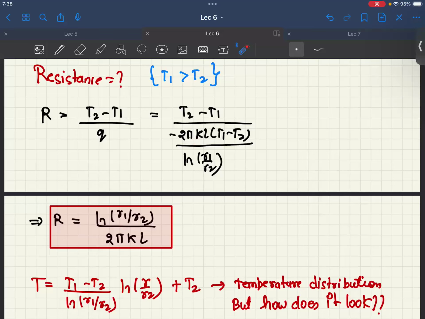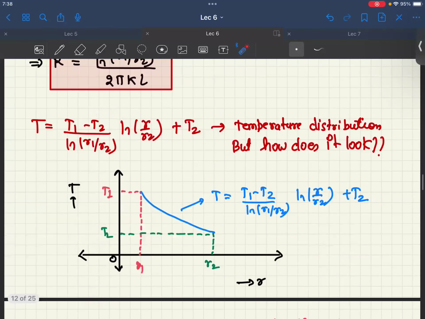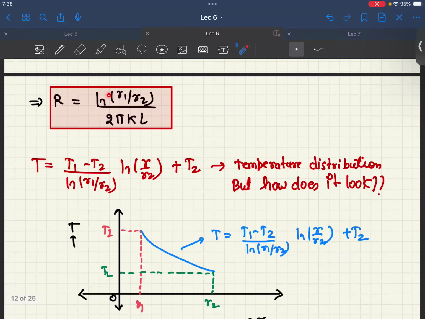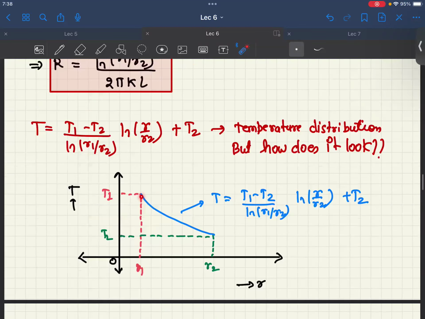ठीक है, तो टेम्परेचर डिस्ट्रीब्यूशन एक्सप्रेशन तो पता चल गया, बट हाउ डज इट लुक? It looks like this. It's a parabola, since it is a logarithmic, temperature जो है, there is some ln here, so it's going to be a logarithmic thing. और ऐसा टेम्परेचर डिस्ट्रीब्यूशन होगा तुम्हारा कि r = R1 पे टेम्परेचर is T1, r = R2 पे टेम्परेचर is T2. ओके,